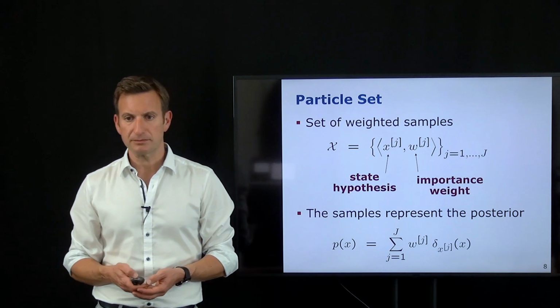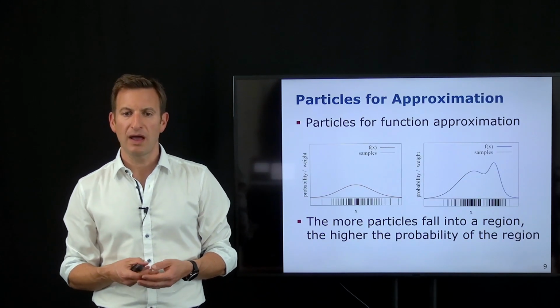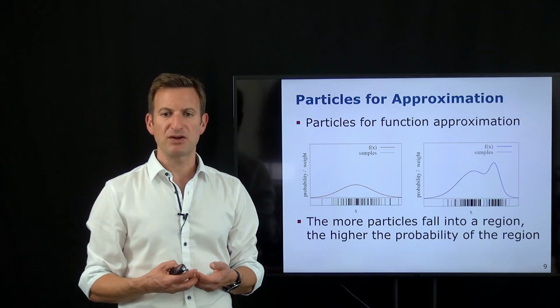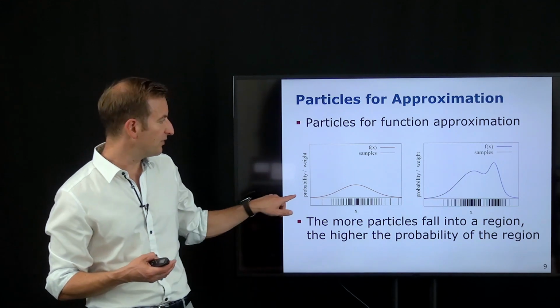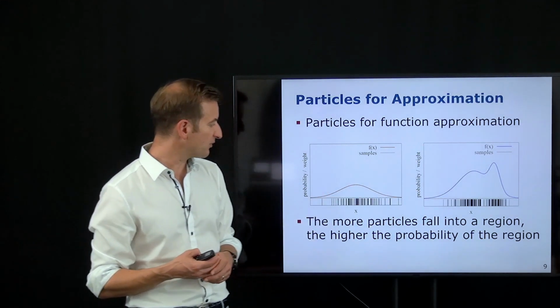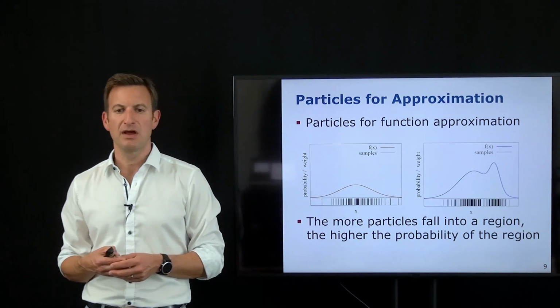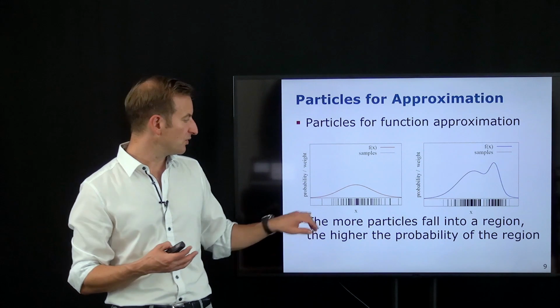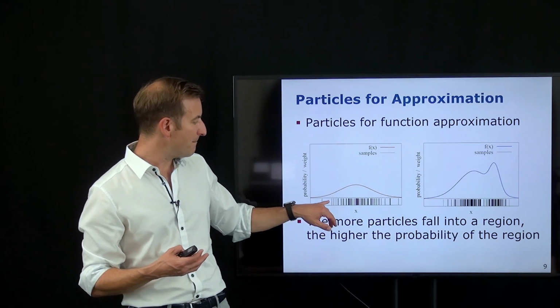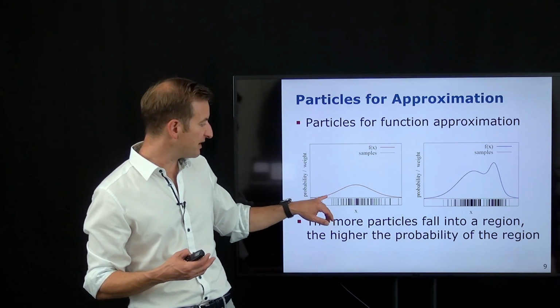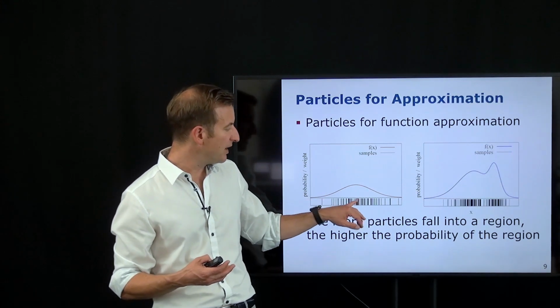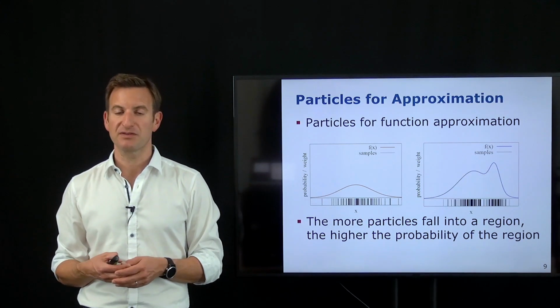Okay, so first have a look at what particle approximations of functions may look like. In this case, we have a Gaussian distribution, for example, this red function over here. Then this is a set of, I think, 200 or 300 samples drawn from that distribution. That means in an area where the probability mass or the density is lower, we have a smaller number of samples, and around the mean, there's a larger number of samples.